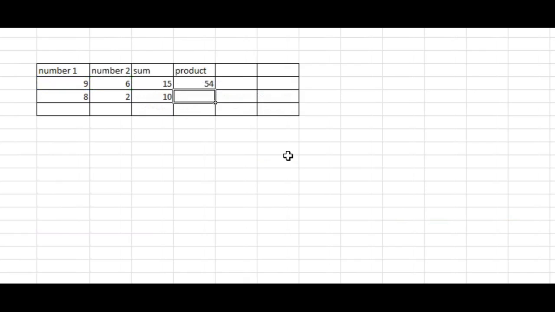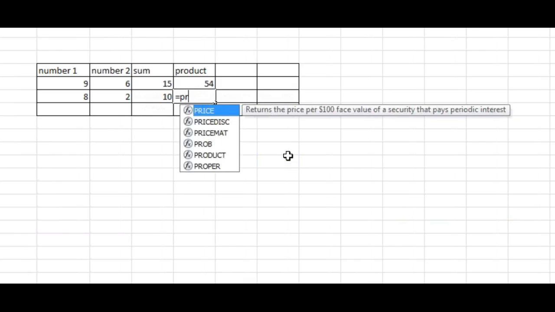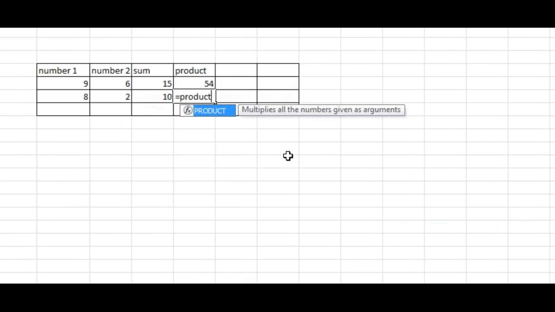Bracket complete, enter. Again I will explain. Equal to product in bracket address of first number comma address of second number, bracket complete. Okay, product means multiplication.